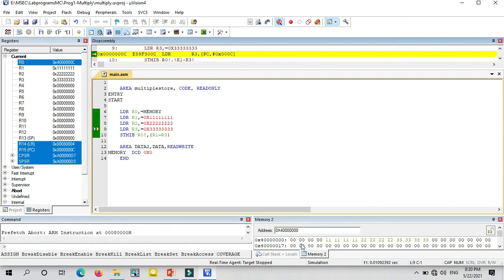So you can observe, the first 4 locations are zeros only. What it does is increment the memory location by 4, then it stores the values. That is, the R1 value is available here, 111, then R2 is 222, then R3 is 333, then our pointer is pointing to the next location. So this is the execution of STMIB.